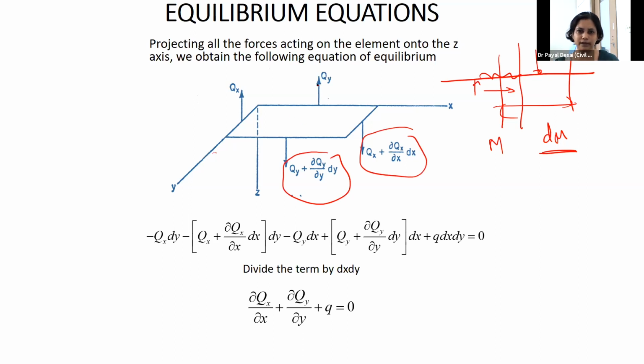And you may see here the left side upward and right side downward, the positive sign convention of the shear force. Here also you may see upward and downward, and then there is a variation with respect to a particular axis. This is varying from qy with respect to y, and this is qx, varying with respect to the x-axis. And according to that variation you can write. And simply you are projecting all the forces in the z direction.